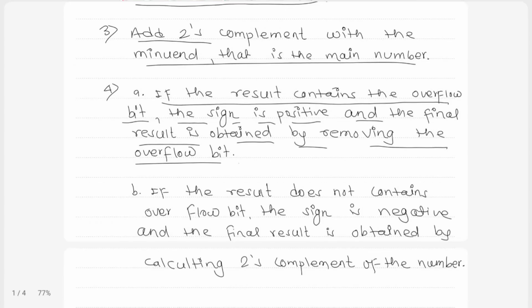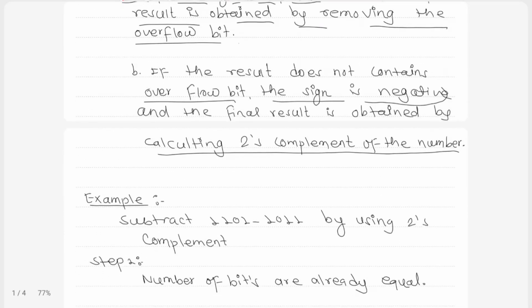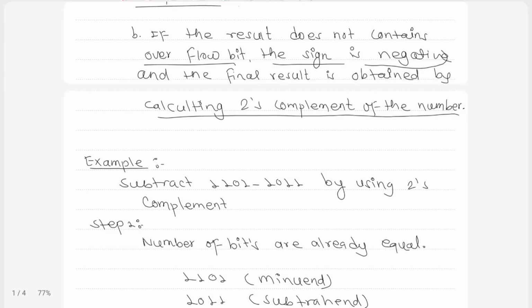If the result does not contain an overflow bit, the sign is negative and the final result is obtained by calculating the two's complement of the number. So we take an example: